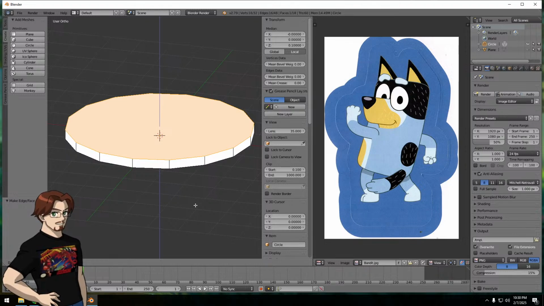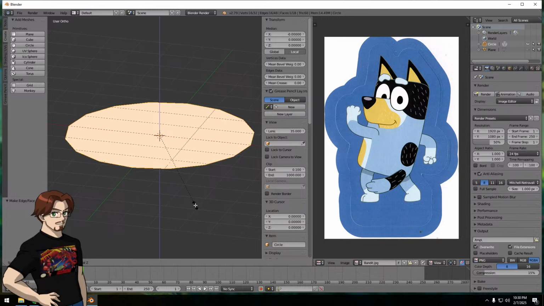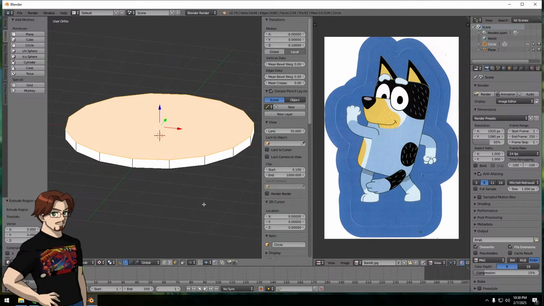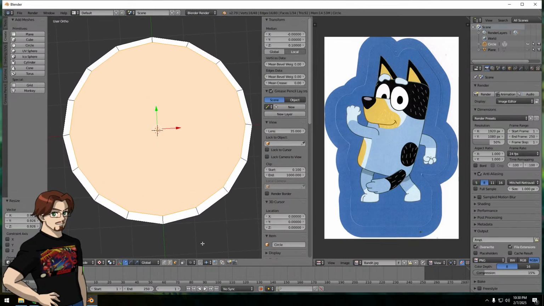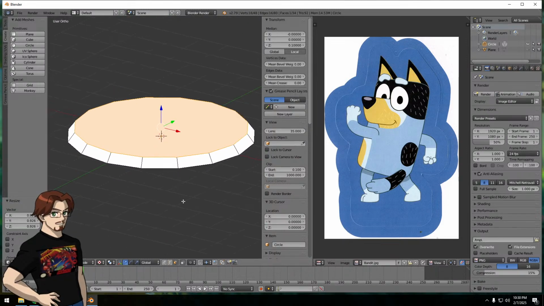To give it a little bit of interesting look, we're going to scale. Well, hold on. I didn't save my extrude there. Extrude Z 0.3. Now we're going to scale that face inward just a little so that it gives kind of a lip look. Yeah, I like that. Now the part in the middle,